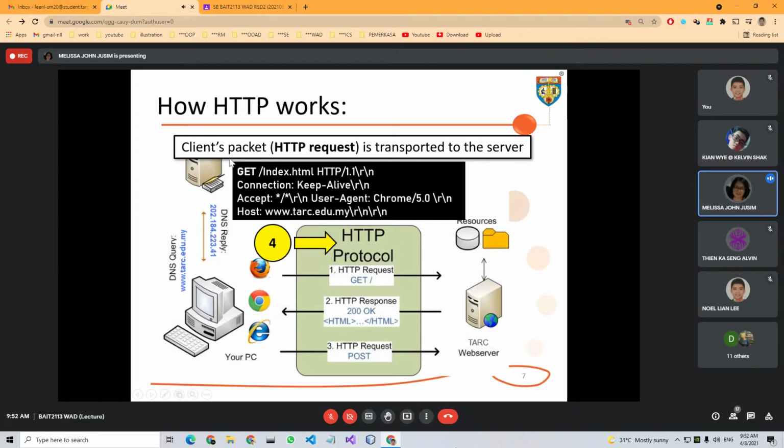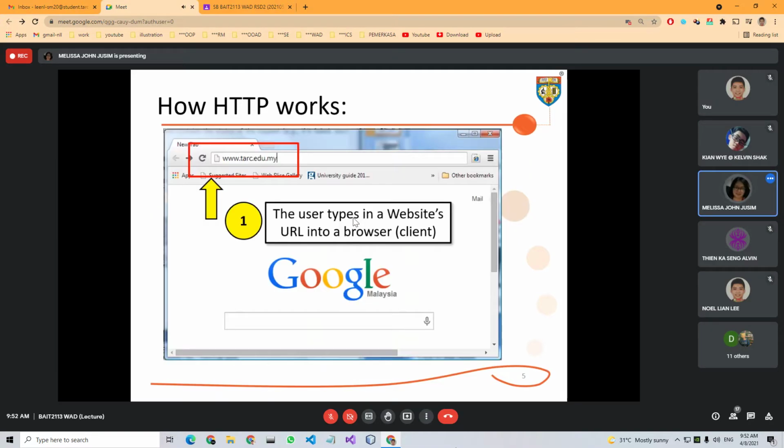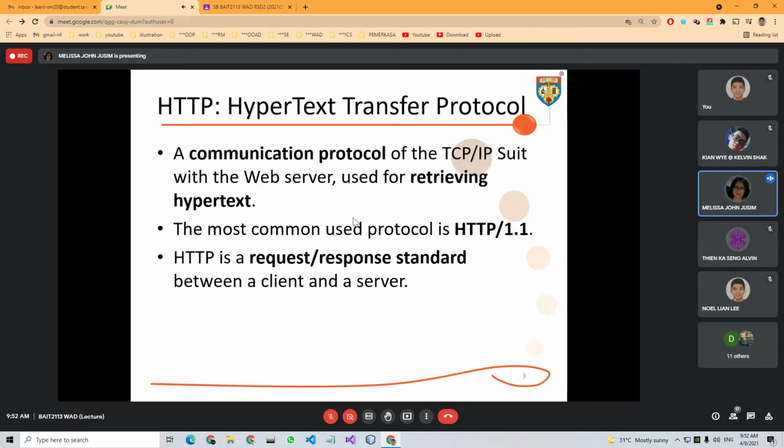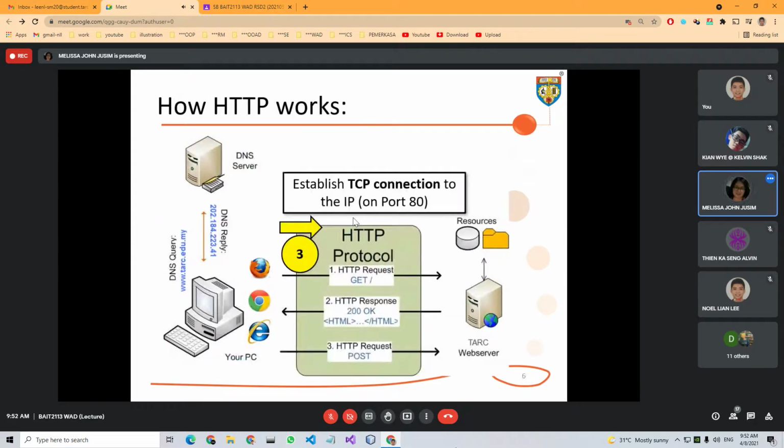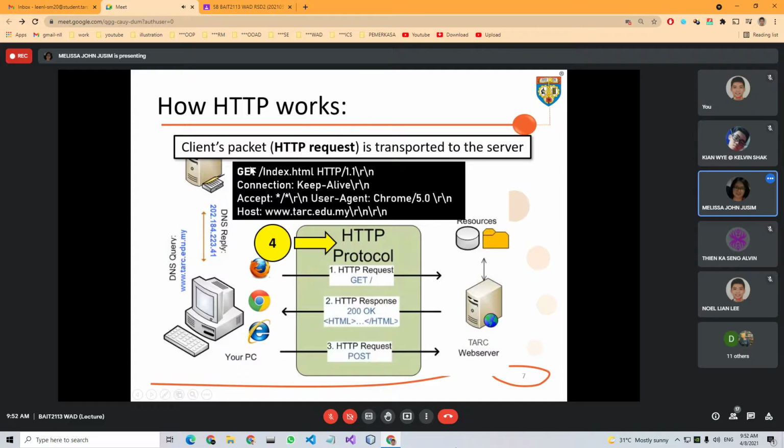Initially, it will be the GET command, whereby it requests the web server to provide the URL path. Here is HTTP/1.1, the most commonly used protocol version. This is the HTTP version.